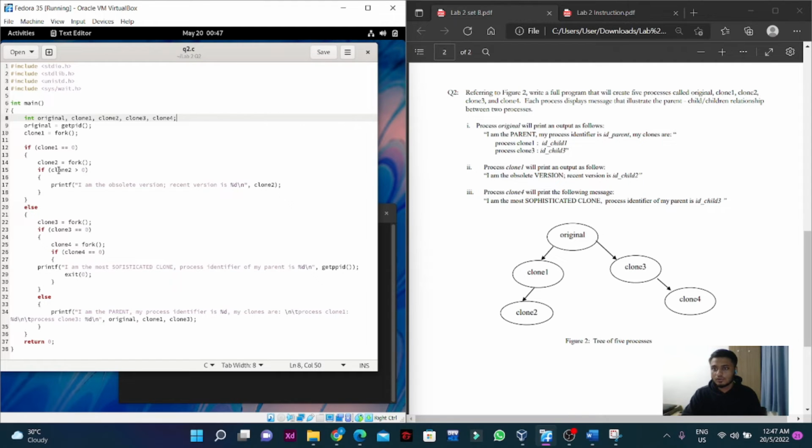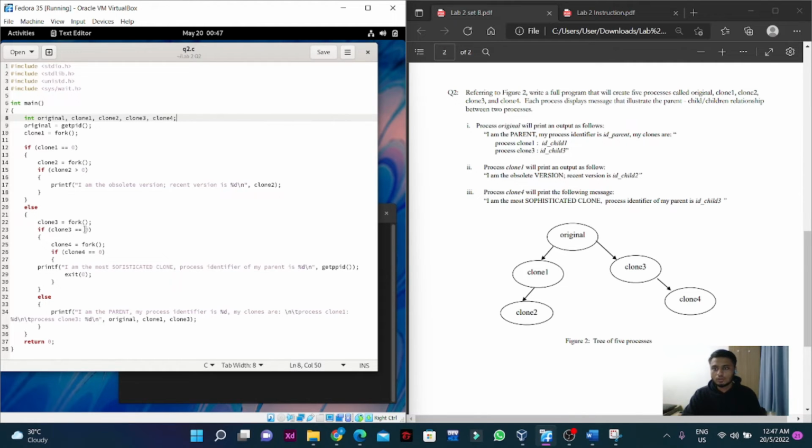But then for clone 2, using the fork function, if clone 2 is greater than 0, then it will show the output